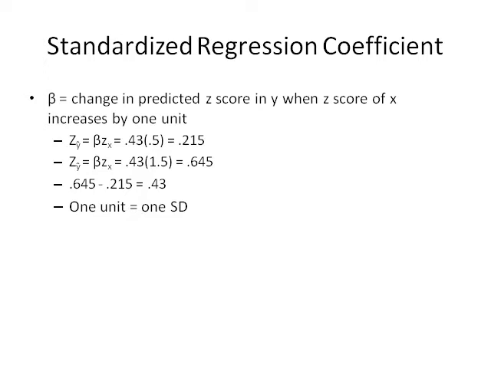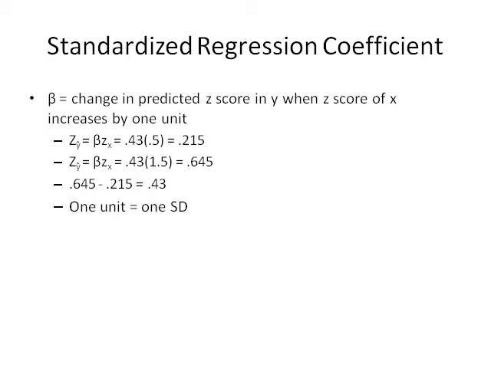In our example that we followed previously in this section, the correlation between x and y equals 0.43, which means beta also equals 0.43. Let's compute the predicted z-score of y when the z-score of x equals 0.50. Our standardized regression equation is zy hat equals 0.43 times 0.5, or 0.215. Thus, a z-score on x of 0.5 predicts a z-score on y equal to